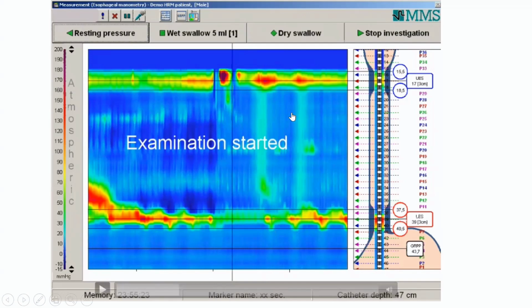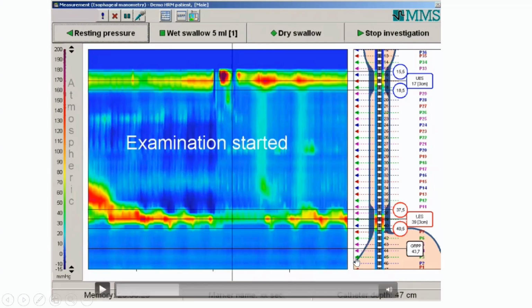But for sure, maybe it's not always very clear, especially the LES. The UES, in most of the cases we can see it very clearly. It should always be high pressure. But for the LES, it depends on the case because in many cases we receive hypotensive LES, with low pressure in the LES. So we can't see it exactly like this one. This is very typical normal. But in most cases, maybe it will not be very clear like this. So I have to just see that there is higher pressure comparing with